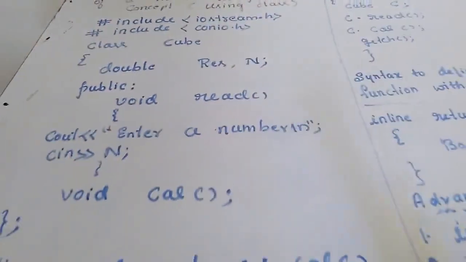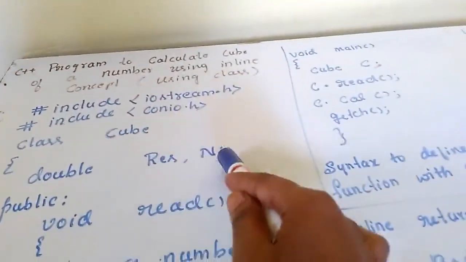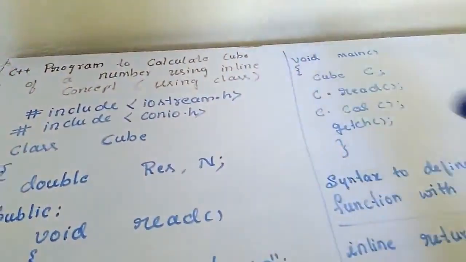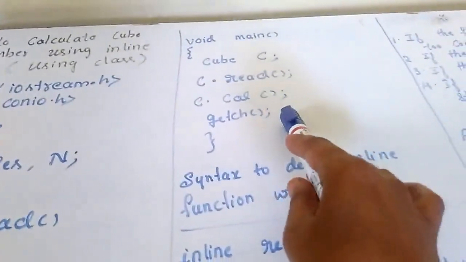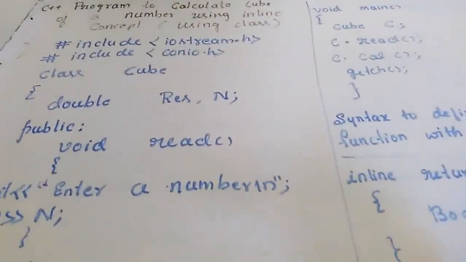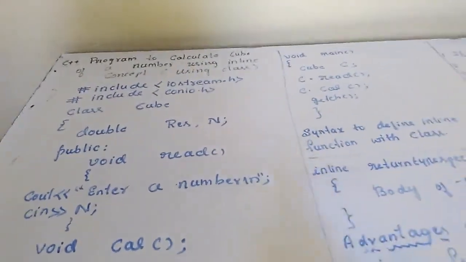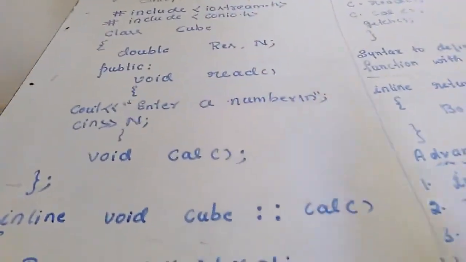It's a very simple program, a lab program. Here I have taken data members, both result and the input value. That's why I'm not passing any argument from the main function. This program can be done in different ways, but I have shown the simplest form, so it is easy to remember and easy to learn also.